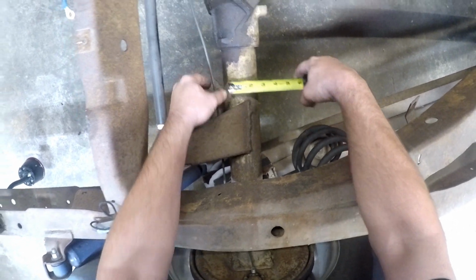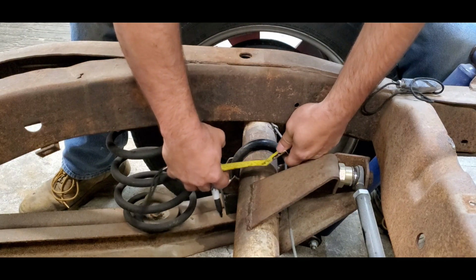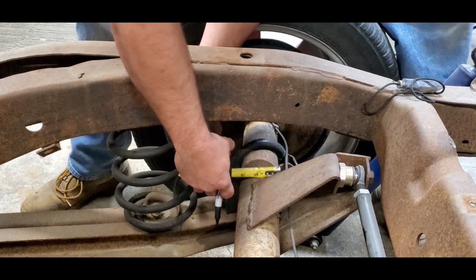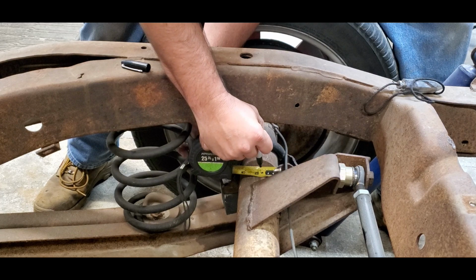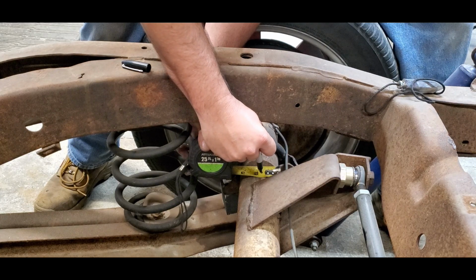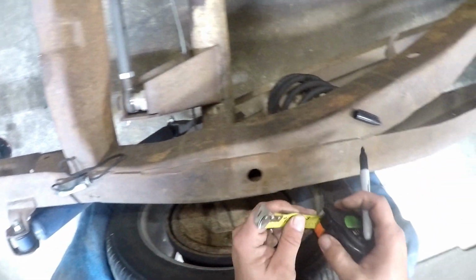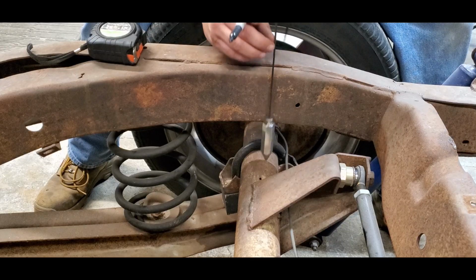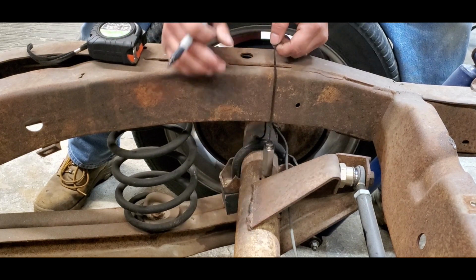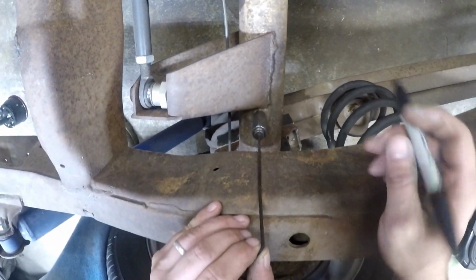We got a 3-inch tube, so we want 1.5 inches. We're going to mark this at 1.5 inches for center. There's my 1.5 inches right here. Alright. Now we got that marked. Let's take our plumb bob. We want to get it right there on that dot. So right here,